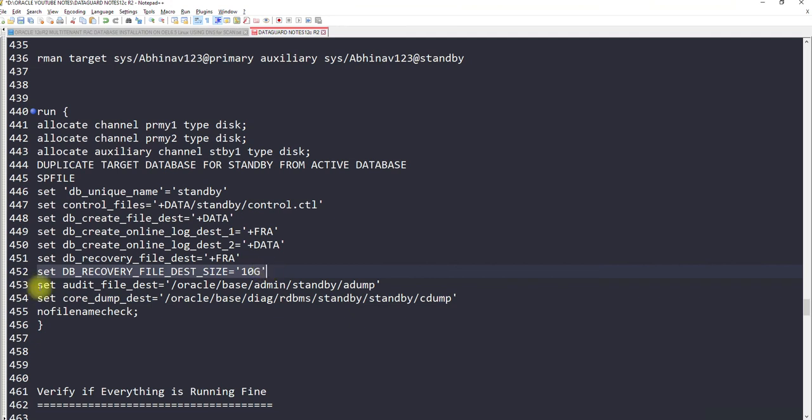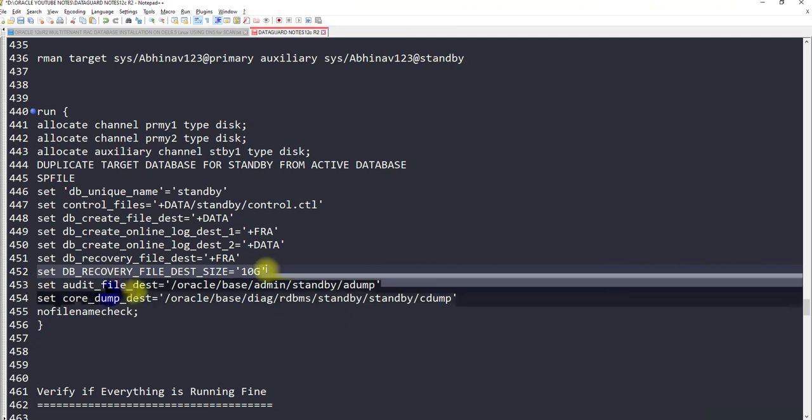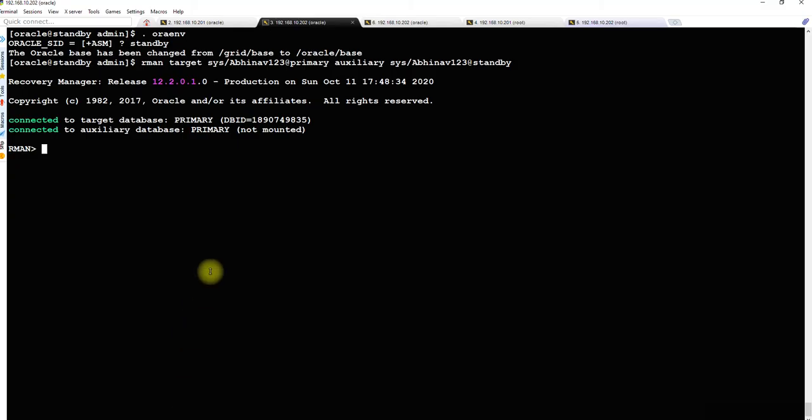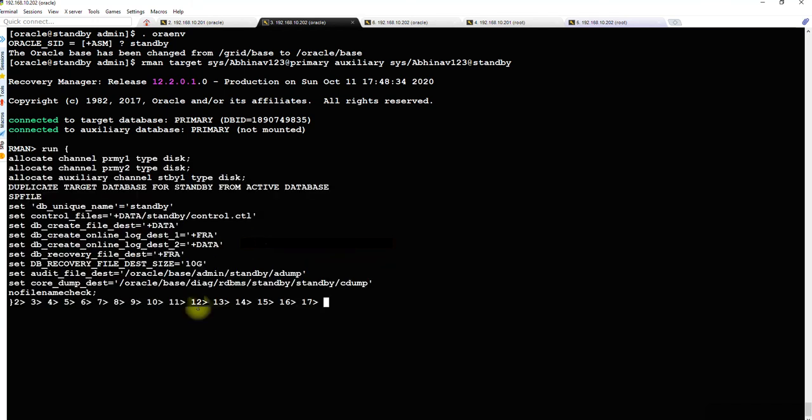It will set the audit_file_dest to this, which we created already, the directory, right? And this, and then done. Okay, which we will run directly, and let's hope everything goes fine. If it throws an error, then we will look into it.